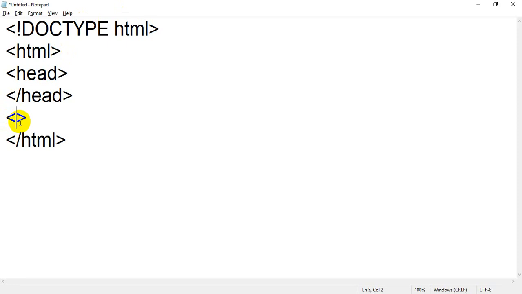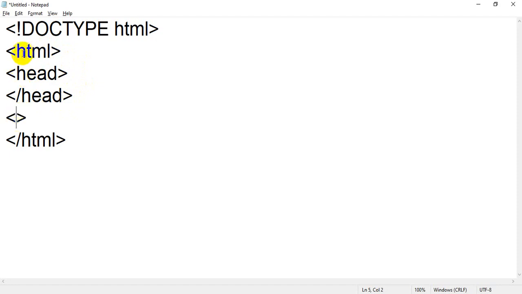In the same way, if you take a teacher, the tools of a teacher will be books, notebooks, chalk, and paper. Without these tools a teacher cannot perform their work properly. In the same way, the HTML language consists of different HTML tags. Without these tags, the HTML language cannot perform its work properly. So if you want to use HTML tags, you have to learn the different uses and applications of HTML tags, which are also called HTML elements. So these are the building blocks of the HTML language.